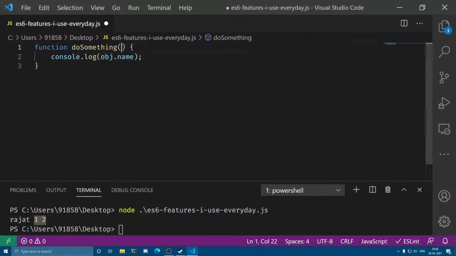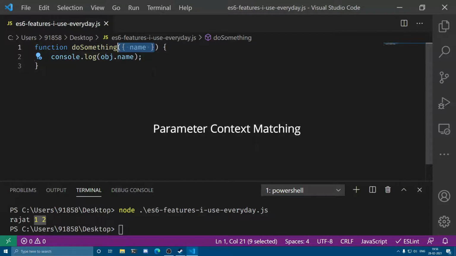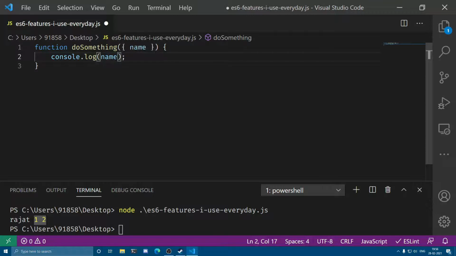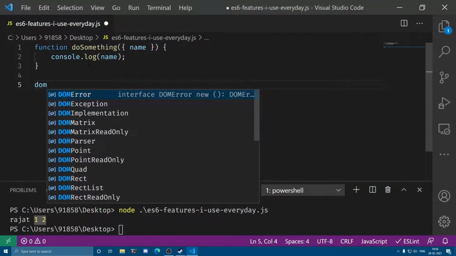Using destructuring I can simply do this: name. So the destructuring will happen over here. There is a technical term for this, that is parameter context matching. Over here I do not have to use obj dot anymore. I can simply use name, and I can show you how this works.